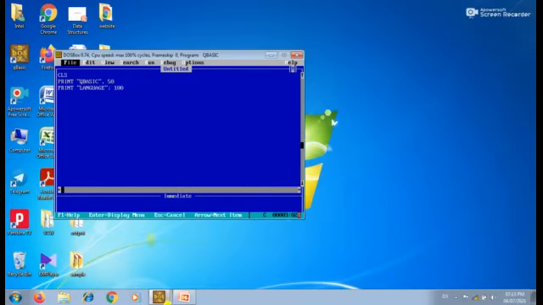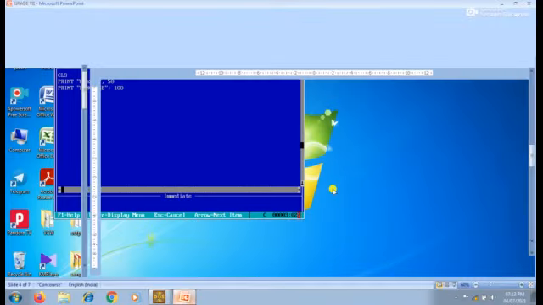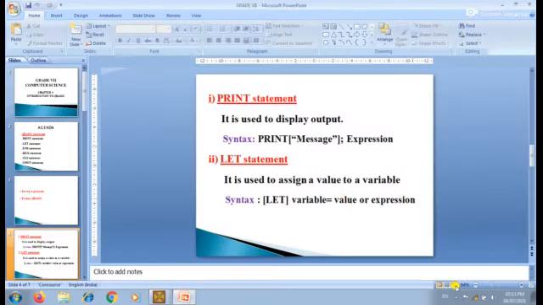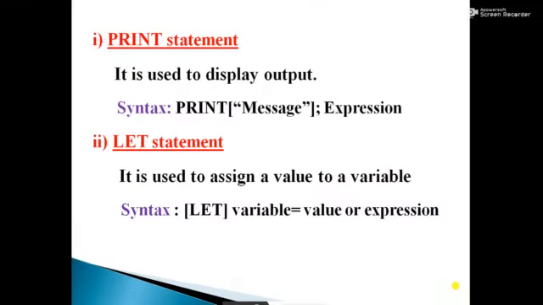Okay. We will see. The let statement is used to assign a value to a particular variable. Here, the syntax of this let statement is let variable is equal to value or expression. Here, let is optional. You know, just now I used A is equal to 6.